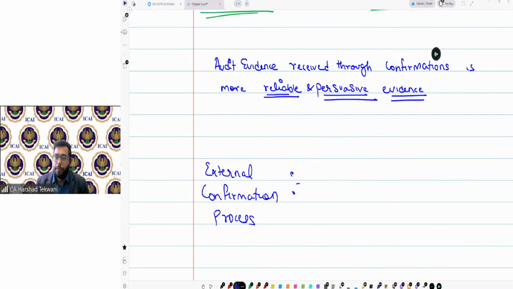From where will you start? Okay, Sailesh? But let's say I'm confirming from the third party; there will be some way in which you need to confirm. You will call the third party, you will drop a mail, you will visit the third party. What will you do in the external confirmation process when you want to confirm from the third party?